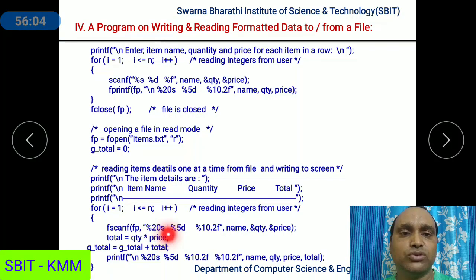Okay, so that will give the worth of the total items. This total items value we will add to the grand total. Grand total is equal to old grand total value plus total. After calculating the grand total, we will display the item details on the screen